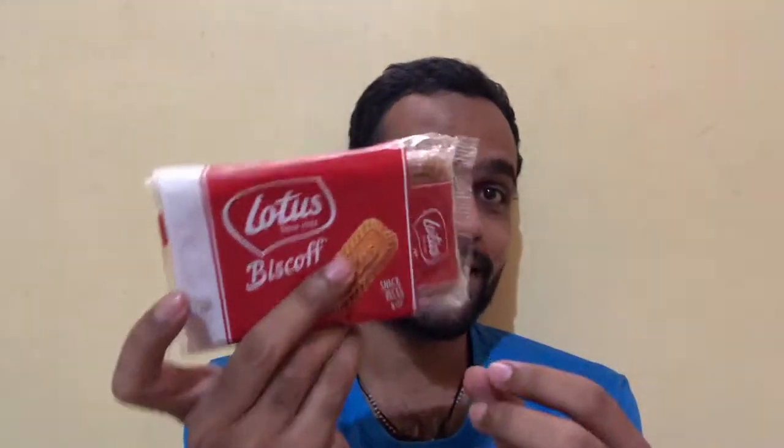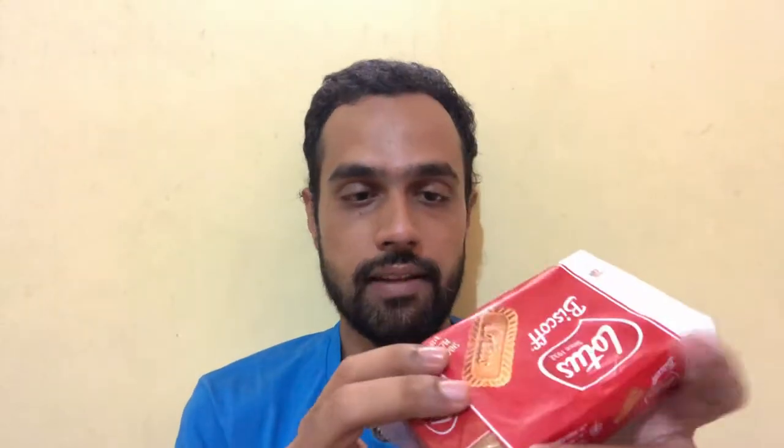So this packet of biscuits is priced at rupees 149, which, honestly, is quite expensive. But the price is high because this is an imported biscuit, right? It's not an Indian biscuit. It's not manufactured in India. It is imported, and hence the prices are so high because of the import duties levied on it. So yeah, moving on to